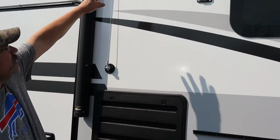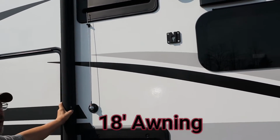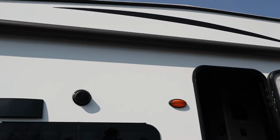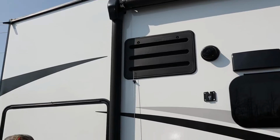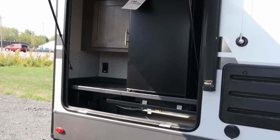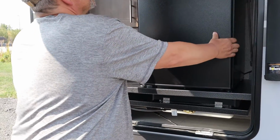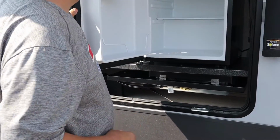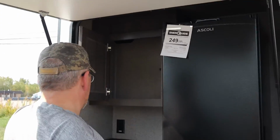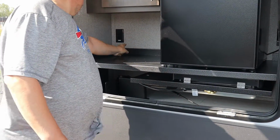We have the back to the rear where the refrigerator is. We have a full power awning with LED lights. We have an outside kitchen. Nice little refrigerator, cabinet outside. There's an outlet